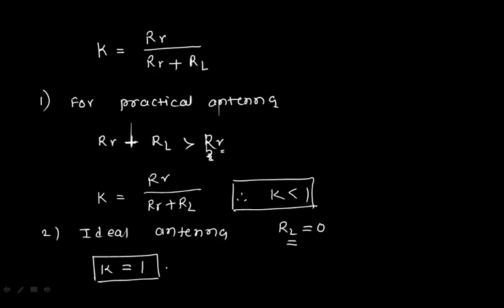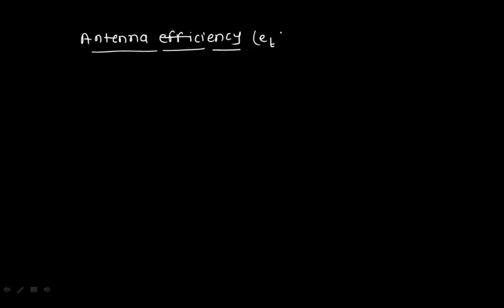So next one is the antenna efficiency. We have right now talked about the antenna radiation efficiency. Now this is the antenna efficiency. Okay, radiation efficiency, and this is the antenna efficiency. You can denote this efficiency as ET, so ET is the total antenna efficiency. The radiation efficiency ECD is just taking care of the losses within the structure of the antenna.